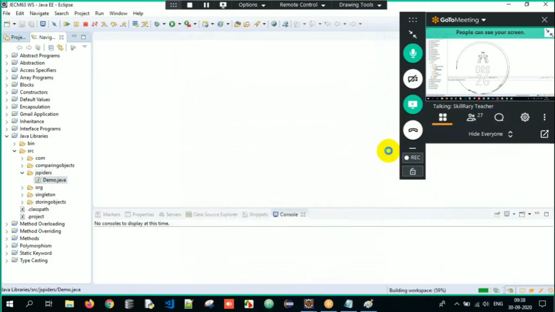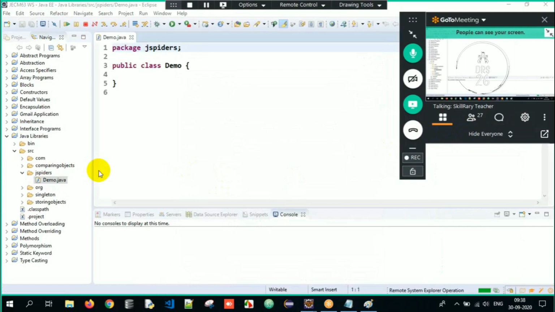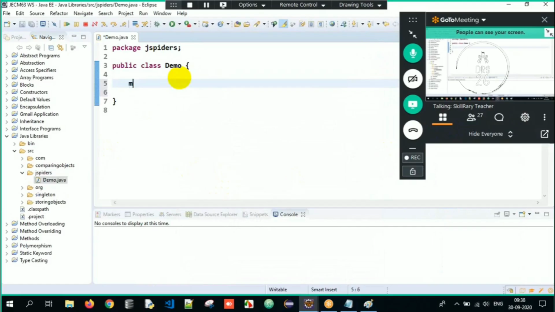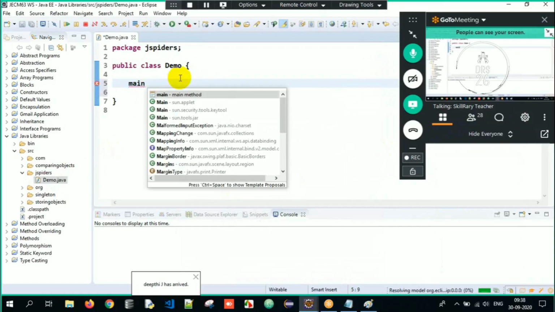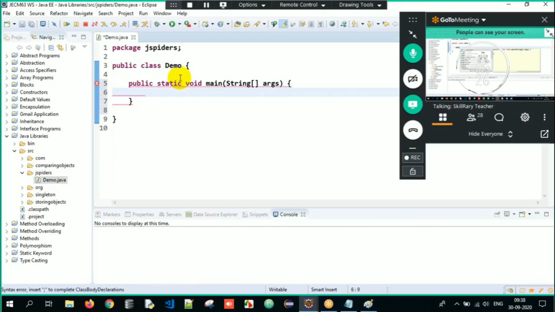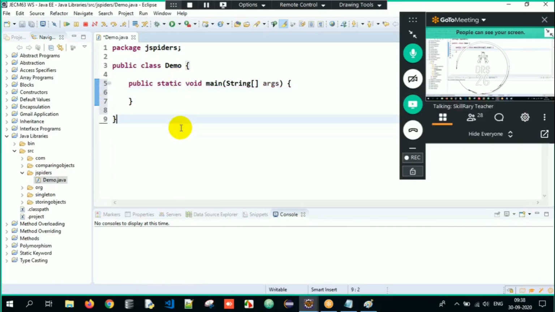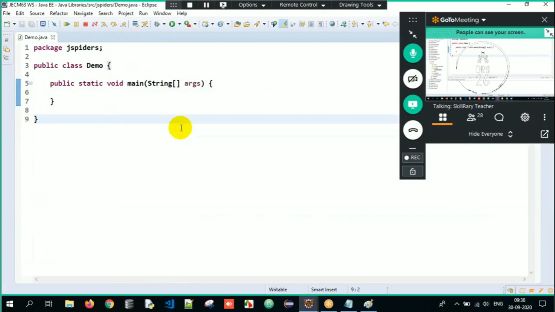Okay, so now here I have created a project, package and a class here. Now in this respective data here, I will have my main method. See, main, control space bar. So when I type main and press control space bar here, it means I am about to get my main method over here. So if I want to look at the source code of string class, how the string class has been developed by Java people here,